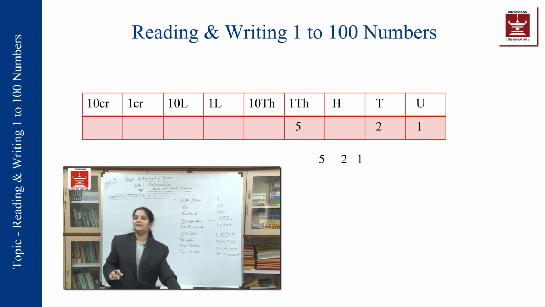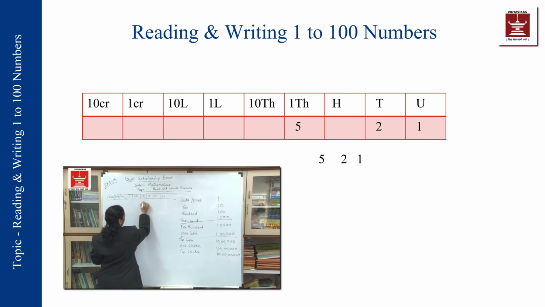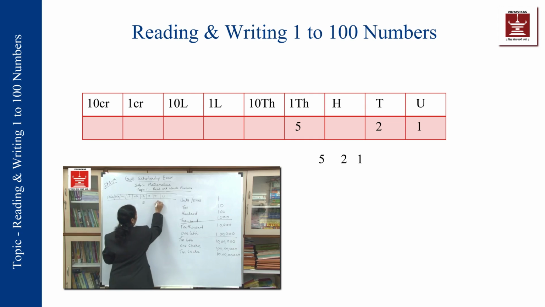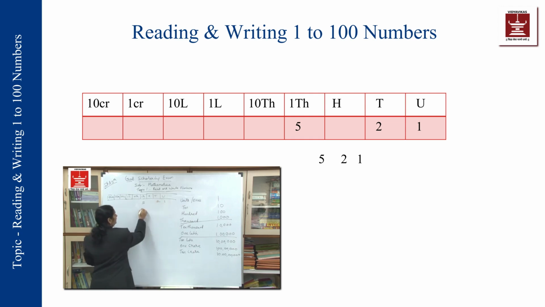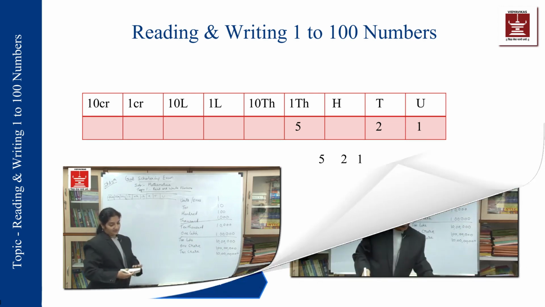So total 9-digit number. Now we will see how do we write them. If I say 5,000, 1000 starts from here, so 5 will come here. 5021, so 21 will come here. I won't write it as 521, otherwise this becomes 521. So when I am assigning the digits their place values, I should know how many digit number it is going to be. Okay, this will help us to find out different numbers. We'll see some examples so that it becomes easy for you to understand this.